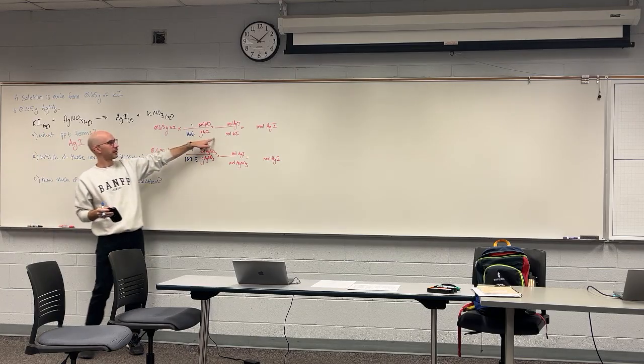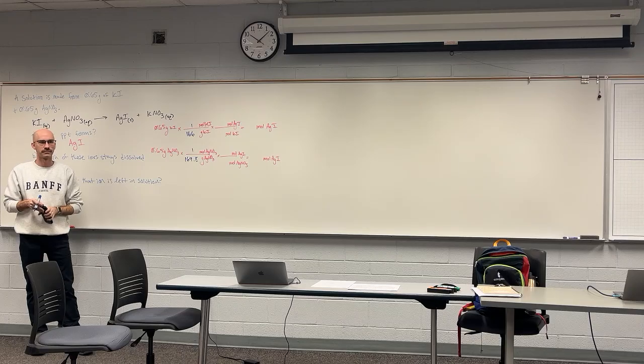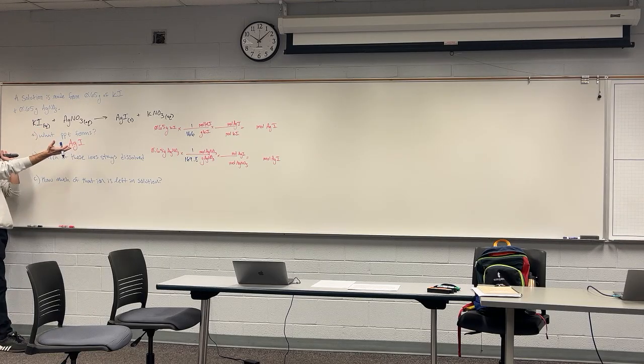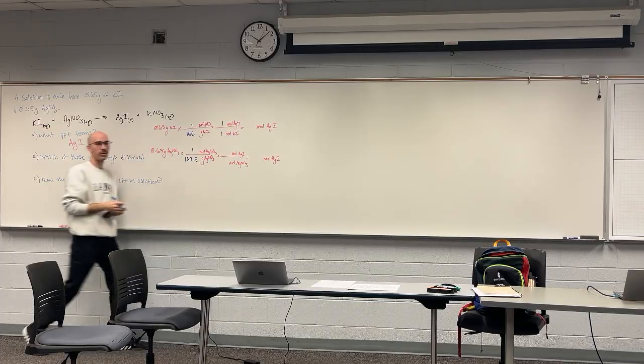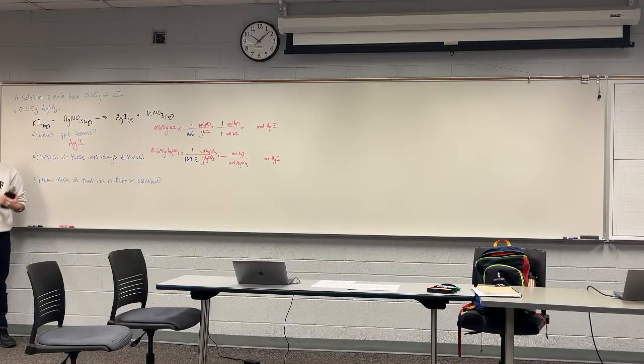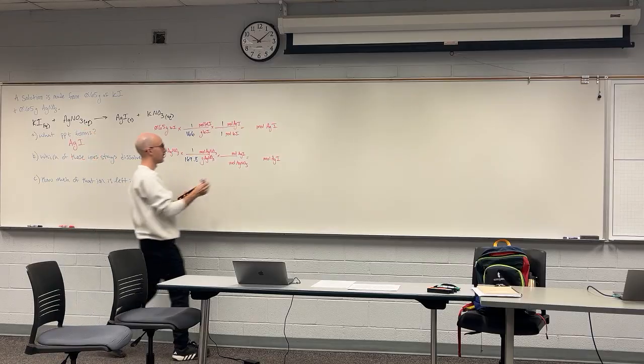Let's look at the top equation. What do I put in this mole-to-mole ratio? What values? 1 to 1. The chemical equation is balanced, so the coefficients are 1 to 1. If I had to go through the work of balancing the chemical equation, then I'd take the numbers that I used to balance. So it's as simple as 0.65 divided by 166,